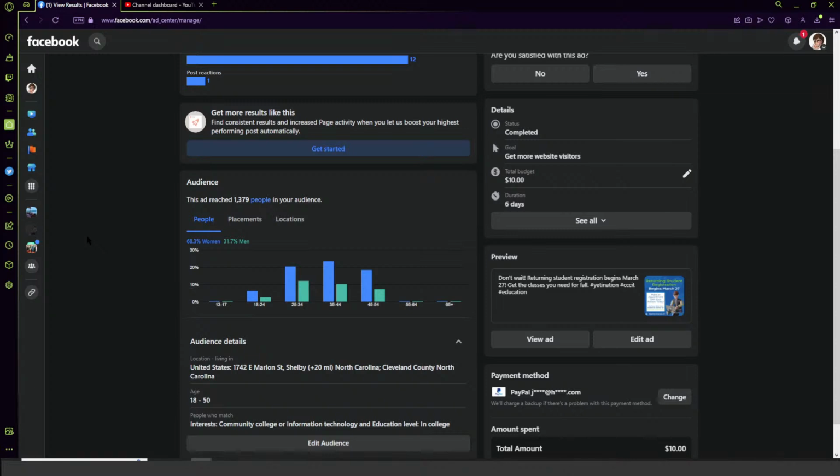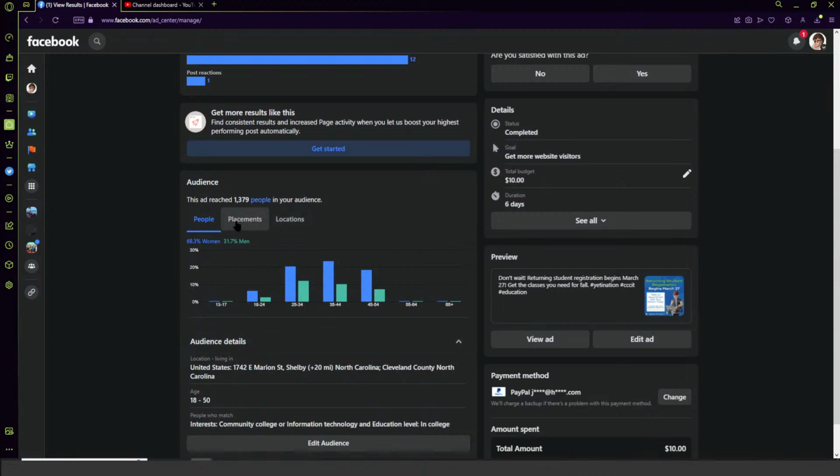right? We see the bulk of the people in our audience here are between the ages of 25 and 54. If we were able to massage these age ranges a little bit, I bet we could see it even closer. Right? By and large, female. 68% female, 31% male. We can see that reflexive in the data that we got.